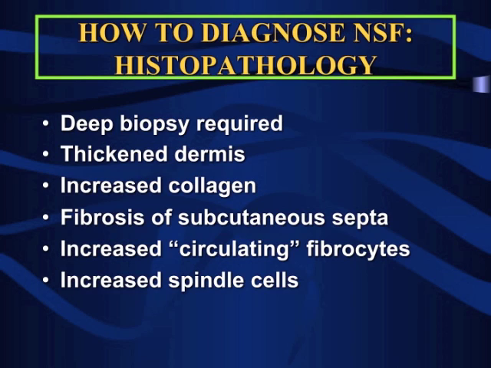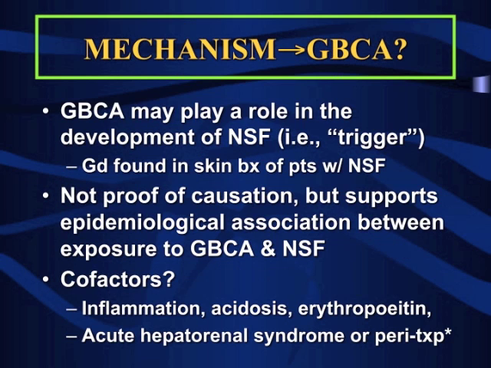In order to diagnose NSF in a patient, you're going to have to do a deep biopsy of the skin, looking for a thickened dermis, increased collagen, fibrosis of the subcutaneous septa, increased circulating fibrocytes, and increased spindle cells. The problem is that we believe gadolinium-based contrast agents, that's what GBCA stands for, may play a role in the development of NSF, kind of as a trigger. There's not proof of a causal effect, but there is strong support epidemiologically that gadolinium-based contrast agents and NSF are